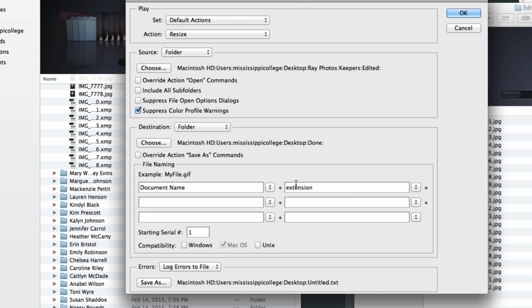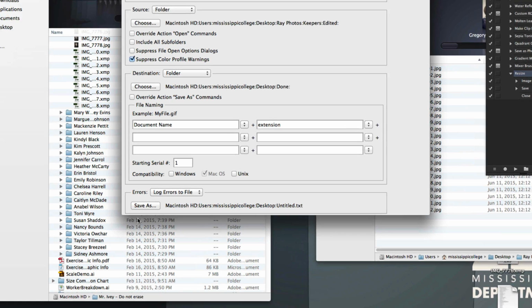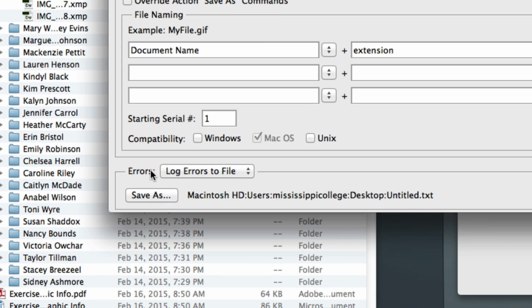I can give it a different name if I want to. In my case, I really don't want to do this, but we'll just keep whatever the document name is. The final thing, and here's another thing. If there's ever any problems, any errors that happens, automatically it will stop. What you don't want to do is be doing 100 of these and have it stop on the 5th one, and you come back and, oh, it didn't do it. So I'm going to log any errors to a file,